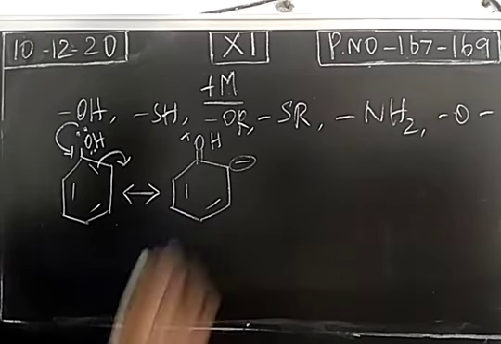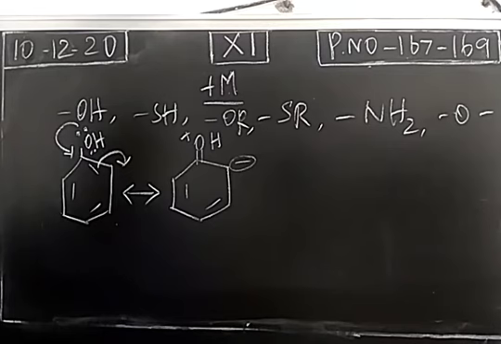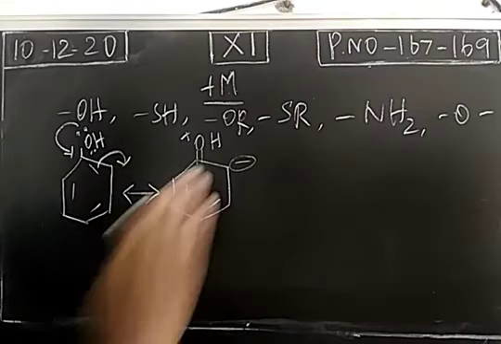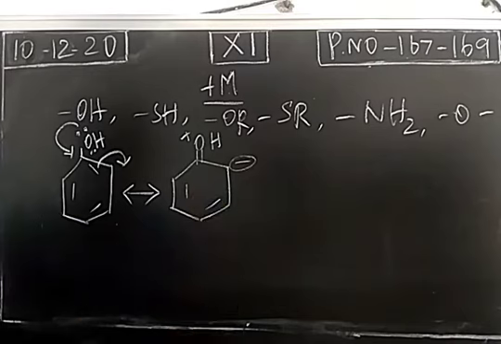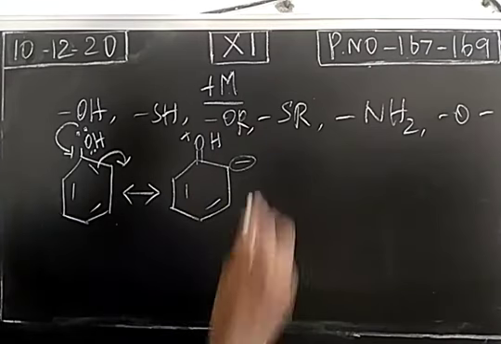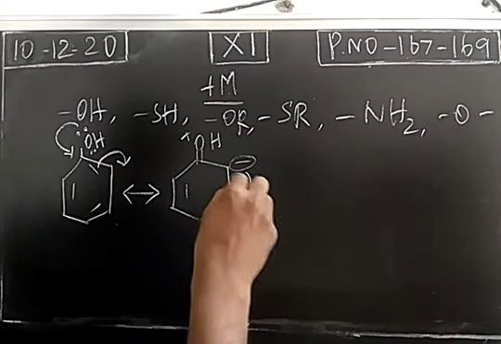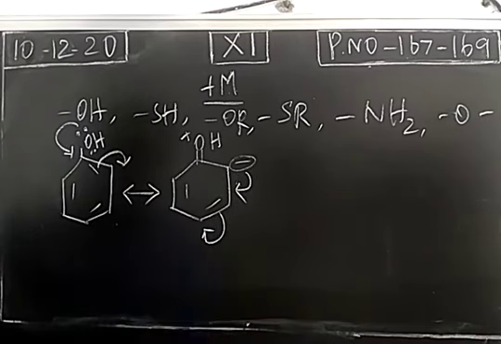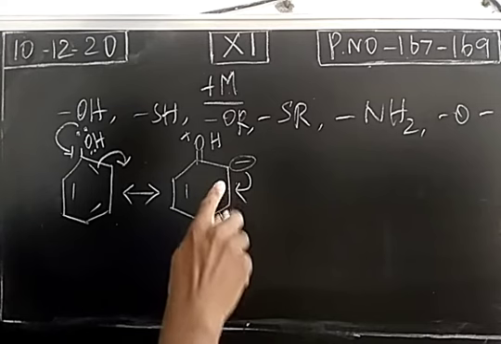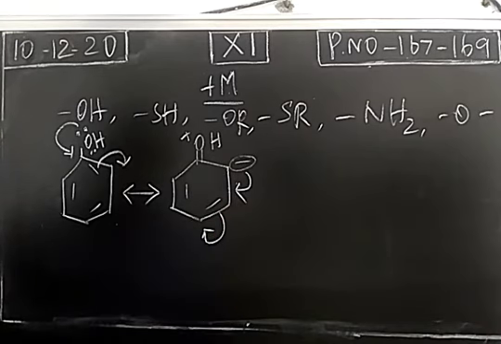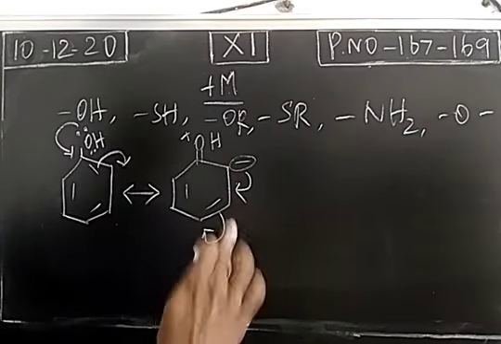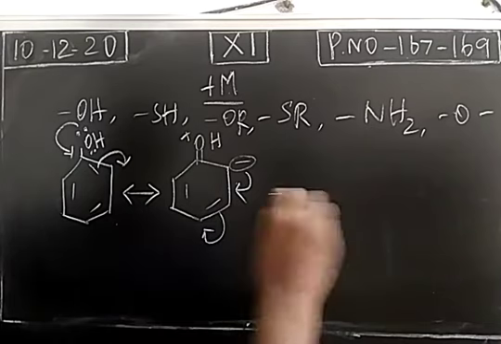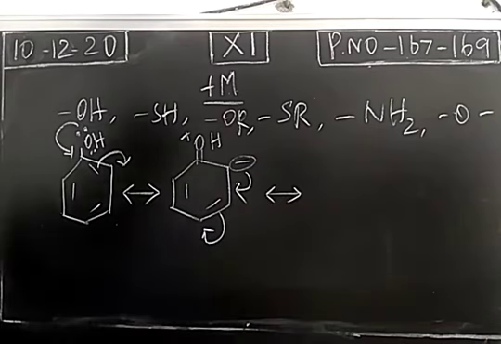It will not be a localized one. It will not be in the same position for a longer period. Again, this will be involved in delocalization. So again it will come into the ring. So here the double bond will be shifted. So one double bond is formed here. This carbon cannot have 5 covalent bonds. So this pi bond shifted over here. One more possible structure.